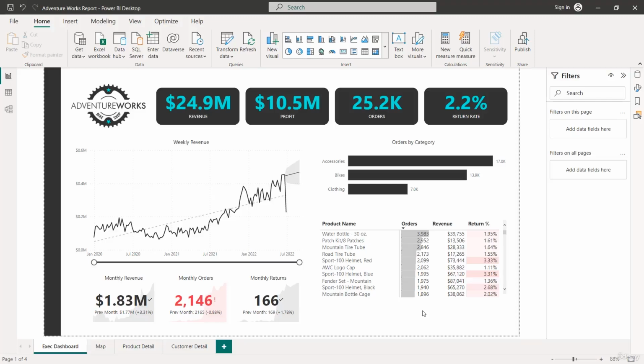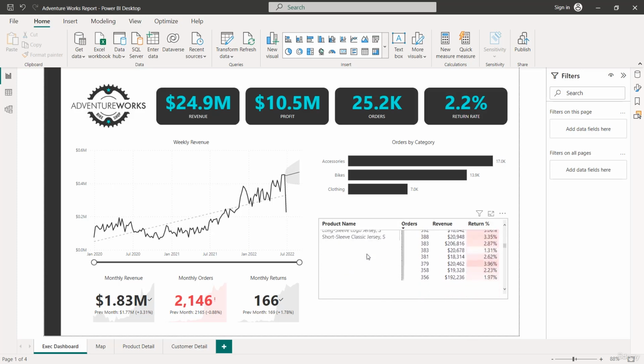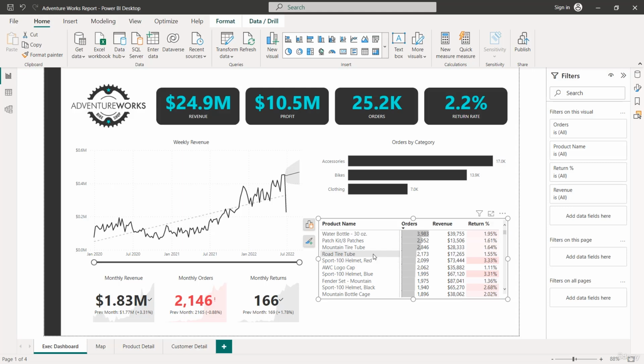All right, one last quick demo to take this matrix visual to the finish line. Note that we have every single product sold listed here in our matrix view, so we get this really long scrollable list. It's really way more detail than we actually need. So what I'd actually like to do here is limit this view to only show the top 10 products sold